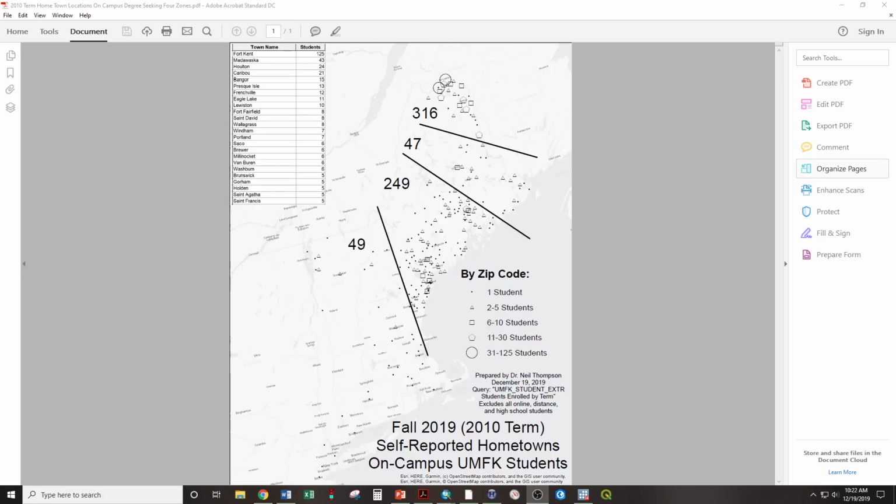This map shows the number of students attending UMaine Fort Kent from each of the zip codes in the northeastern United States. It's showing these by categories or buckets. So the little dots are 1 student, the triangles are 2 to 5, then 6 to 10, 11 to 30, 31 to 125 students. And I'm using a trick here to increase the visual separation between these middle categories, where